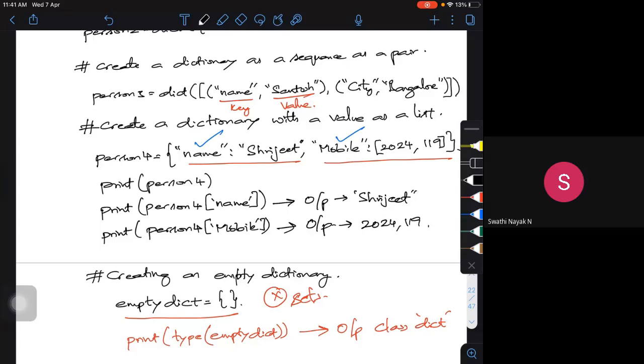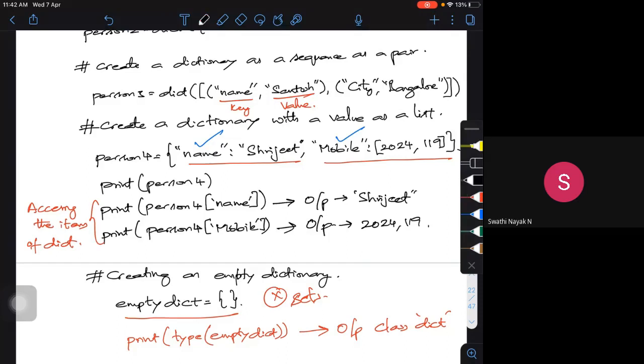This is how you can access the elements. Elements means the values. How to access the elements? This is nothing but accessing the items or elements of your dictionary using the simple key values.